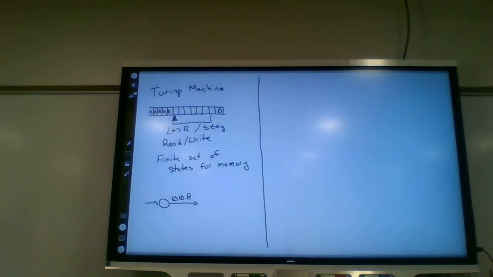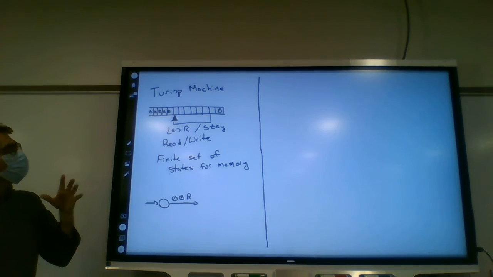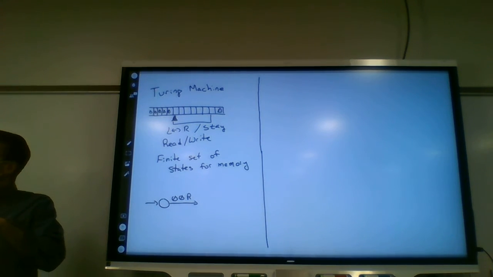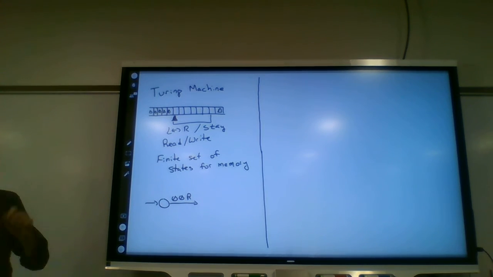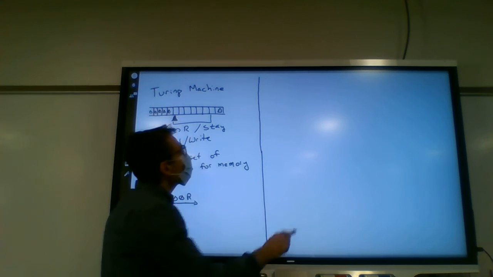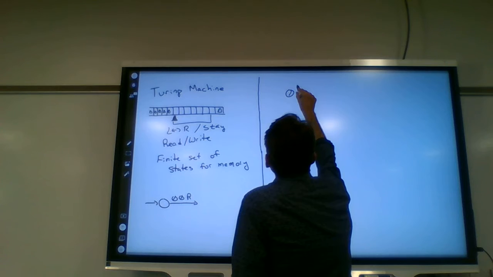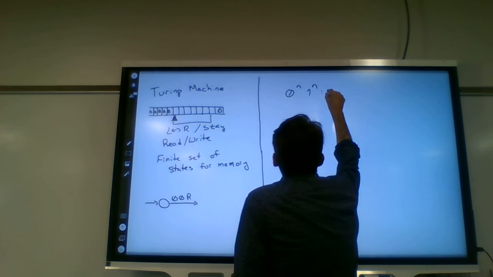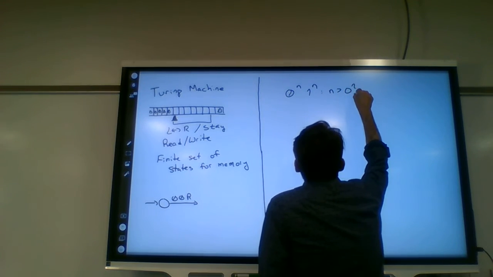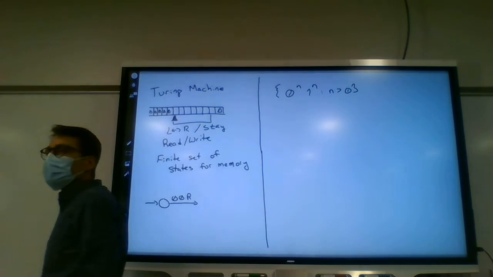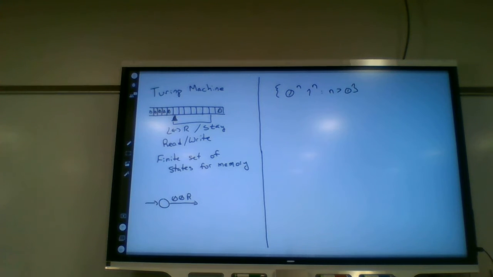Okay, so what we want to explore is, can we mimic a stack with a tape? Can we mimic 2 stacks with a tape? What about 3 stacks or 4 stacks? We'll talk about all of this as we go. But let's just take a look at a language that we've considered quite a bit now, that is context-free, but is not regular.